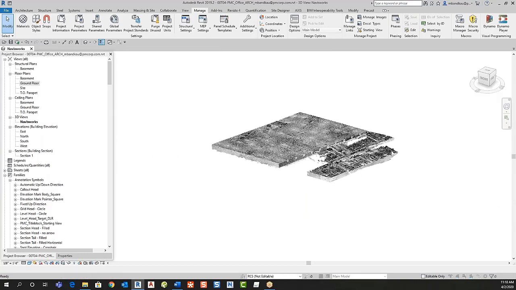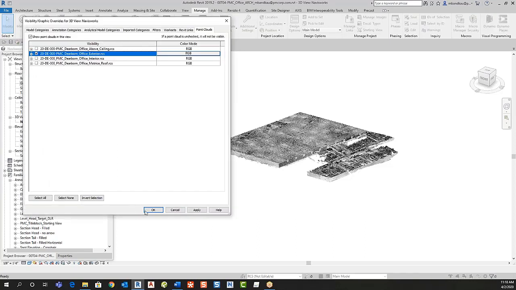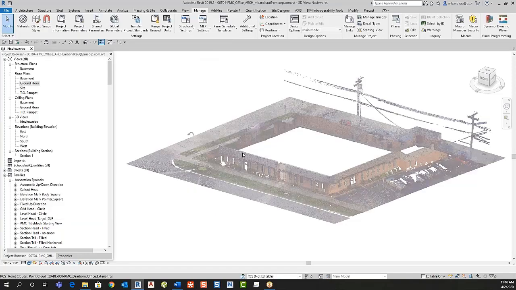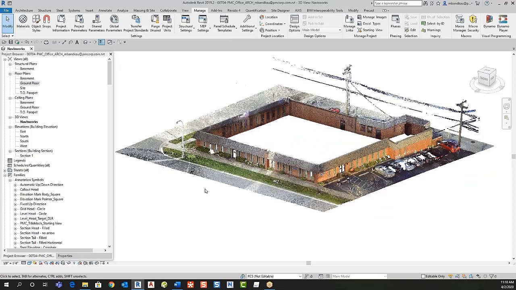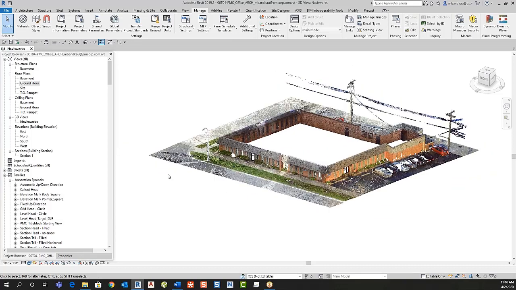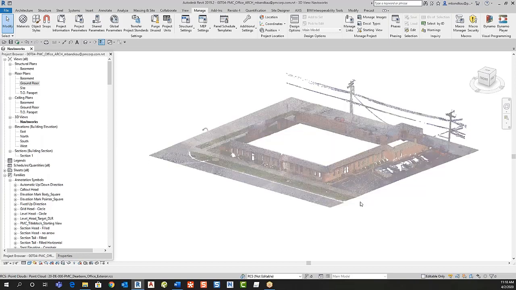Going back to the visibility graphics override, let me isolate our exterior. Now Chris mentioned using Autodesk Recap and exporting an RCS file from Recap. You can see these clean lines along the pavement, the roads, and the parking lot, as well as the roof